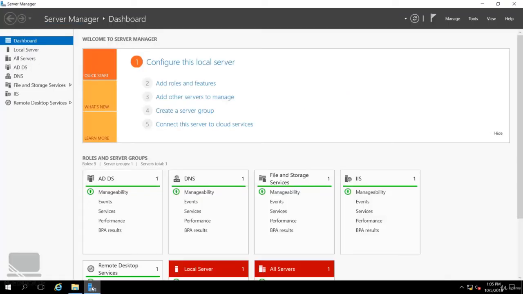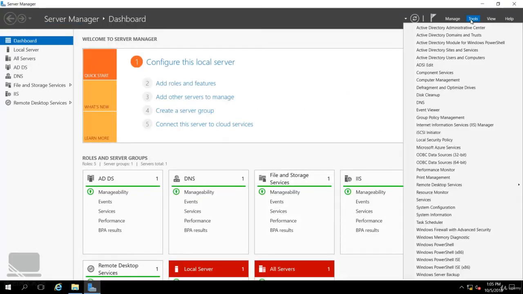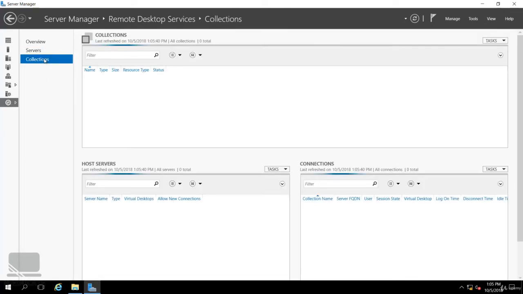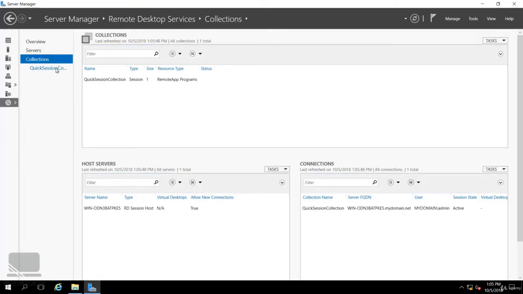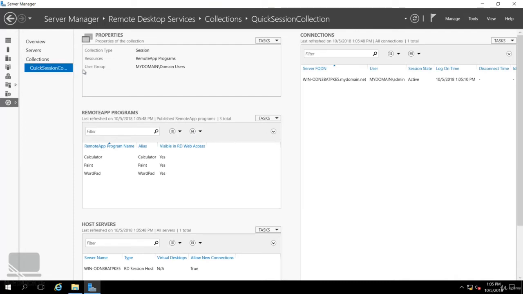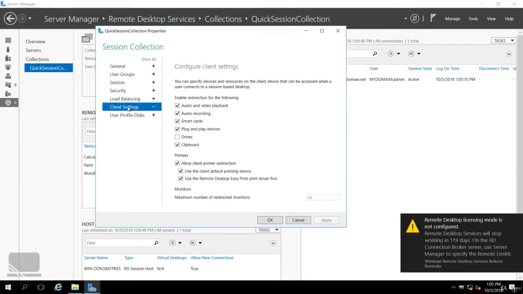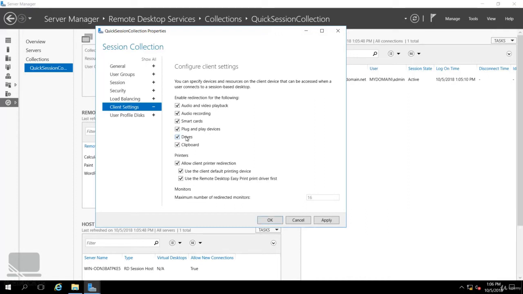Let's open Server Manager and go to Tools, or go to Remote Desktop Services here and go to Collections and our session collection. And if you remember, go to Properties task, Edit Properties. Here we have the client settings. You can see that my drives option is disabled. You have to check it so you can enable drives to be mapped to this